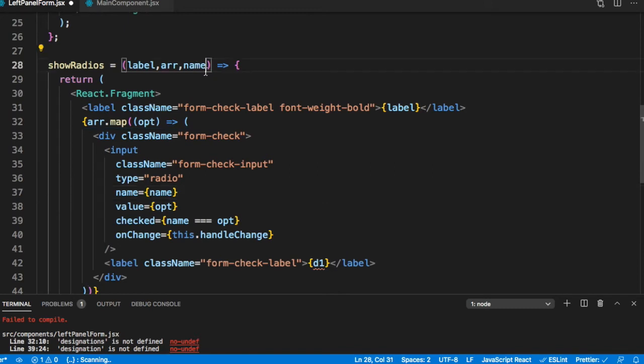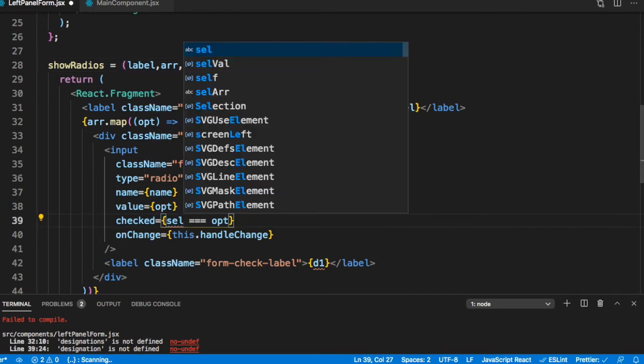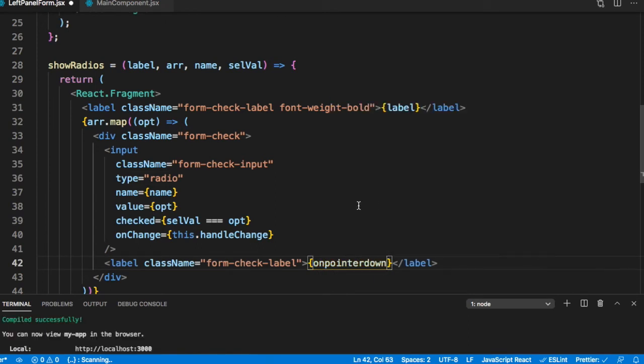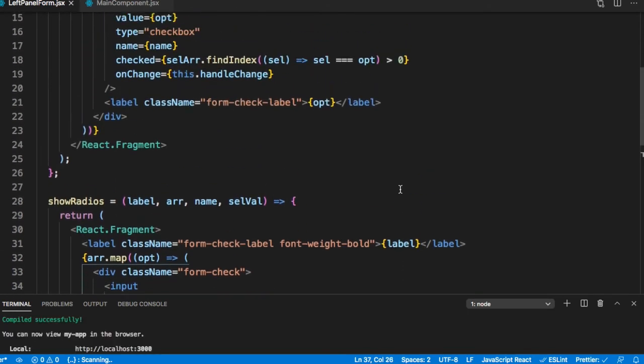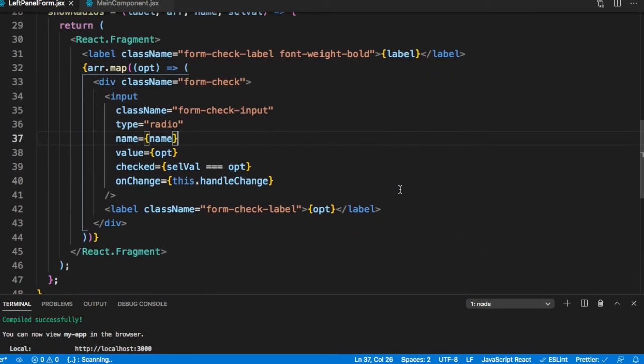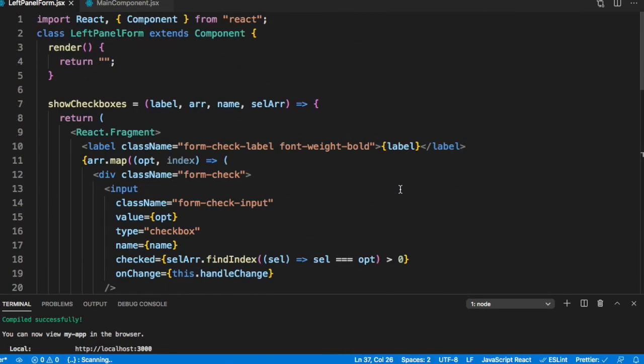And we need the selected value. So this should be selected value. And here we will show the option. So very similar to that. So here instead of the array, we had a single value. So now that we have created both of these, let's render them.